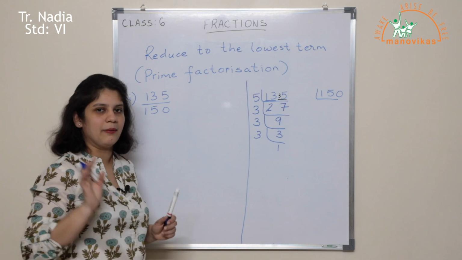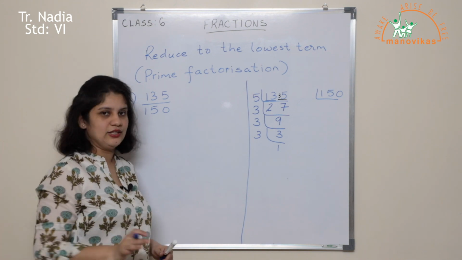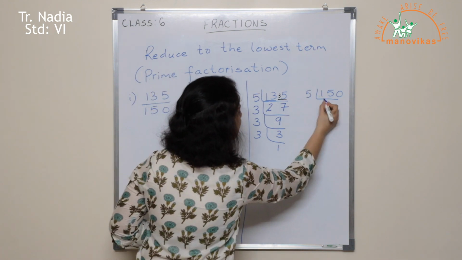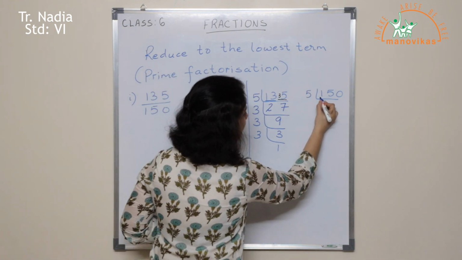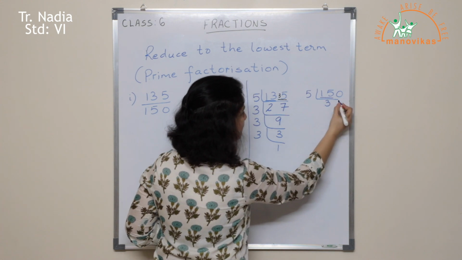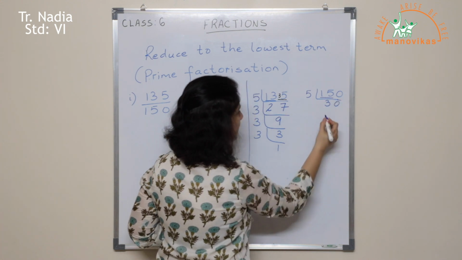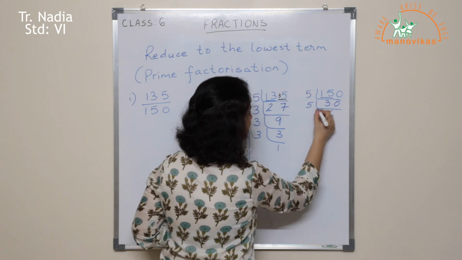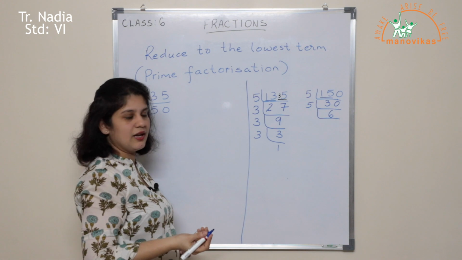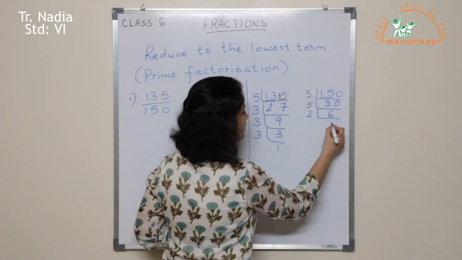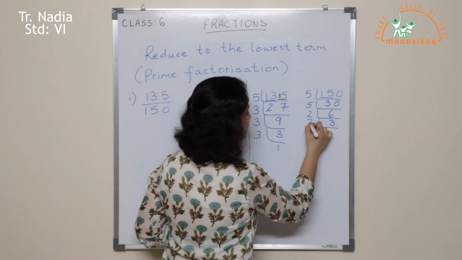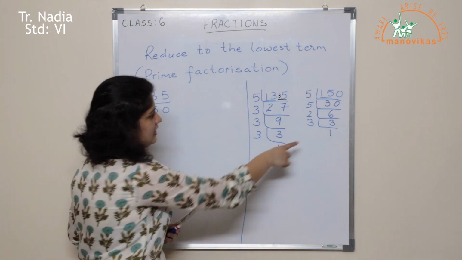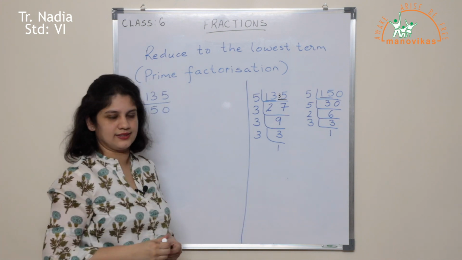I told you when a number ends with 0 or 5, straight away make use of the 5 times table. So 5, I can't take only 1 and divide, so I'll take 15. 5 3s are 15. The 0 comes down, it becomes 30. Again I'll make use of the 5 table. 5 6s are 30. 6 is an even number, so I can make use of 2. 2 3s are 6. 3 1s are 3. Okay, so both the numbers are factorized and I have reached 1 in both the cases.